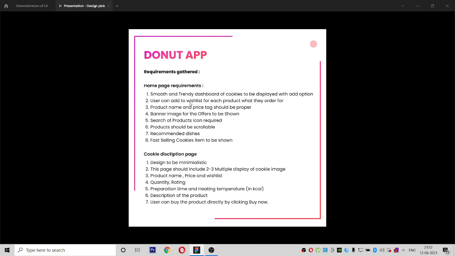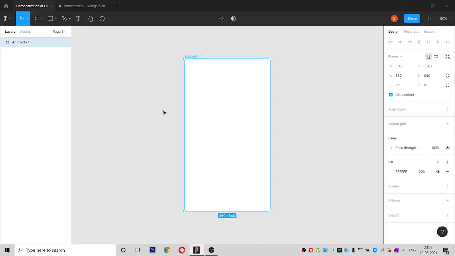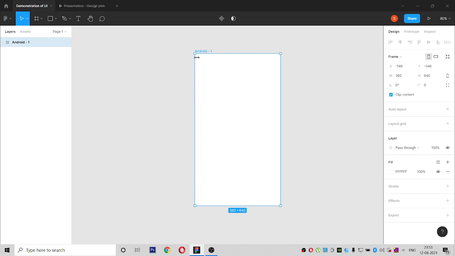We should just have an idea: there are multiple cookie products which can be added to a cart, and the design should be such that we can place them in a card also. Consider this Android screen as the home page.